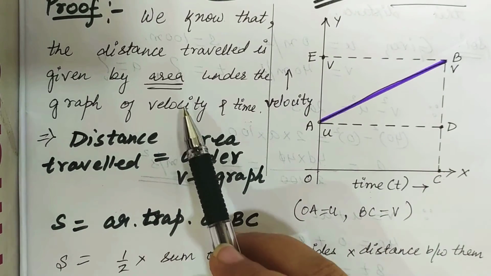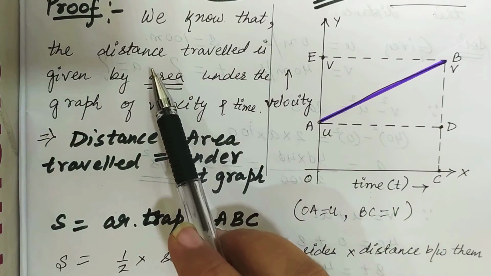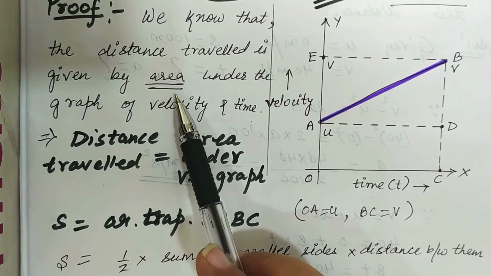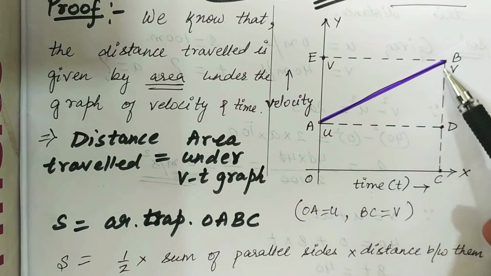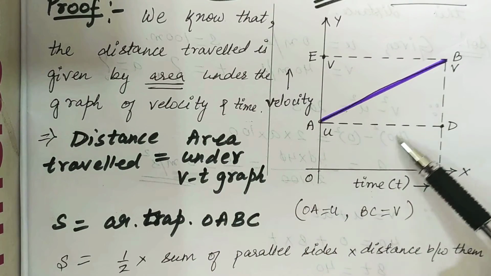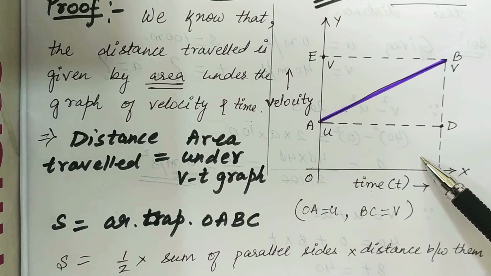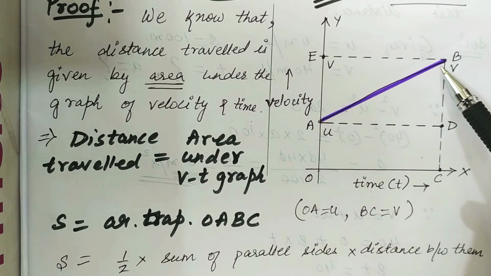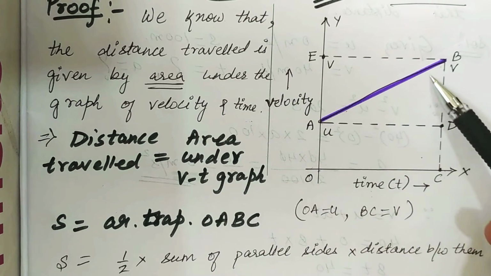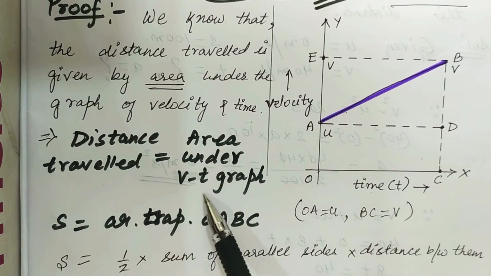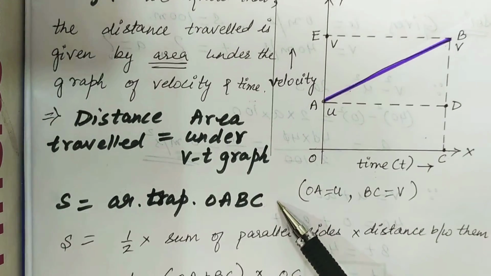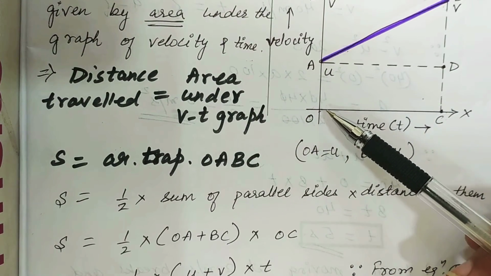We'll discuss the same point again and again. We know that the distance traveled is given by the area under the graph of velocity and time. Whatever area is covered under this velocity time graph is going to help us in calculating the distance traveled from A to B, right? In the previous derivation we have taken area, here also we'll take the area. So the distance traveled is the area under the VT graph. So distance traveled would be the area of trapezium